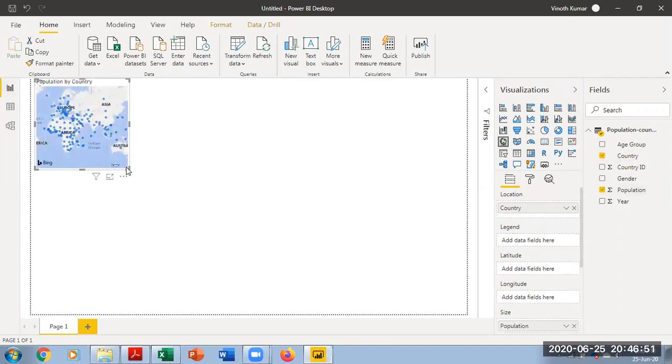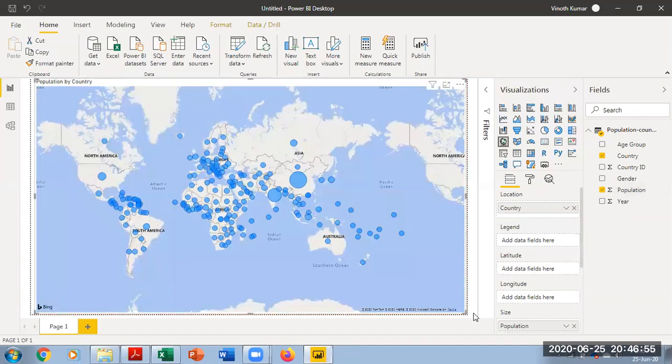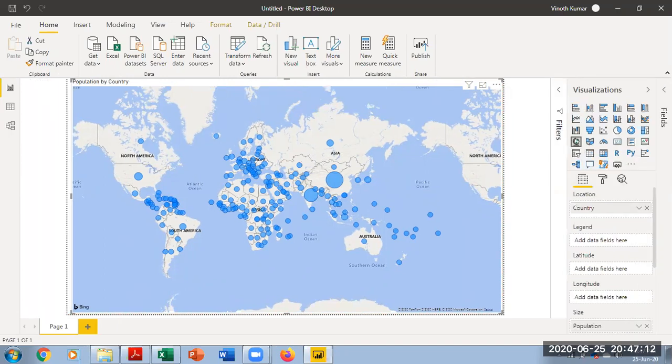But unfortunately, I get a nice report. I'm happy about that, but unfortunately, I may not be able to figure out which country has the third highest population. The 20th highest population country is what? I really don't know that. So this may look nice on the visualization front, but this is not the best if I'm comparing, or if I'm going to jot down the top 10 most populated countries in the world. So I want to see the population by country now.